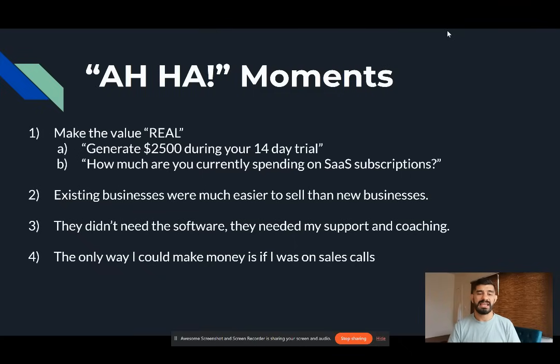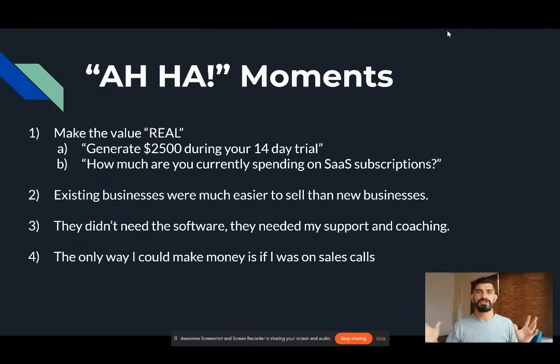The second thing is, for existing businesses, how much money are you currently spending on SaaS subscriptions? Oh, well, I'm paying 30 bucks for MailChimp, 50 bucks for my text messaging platform. I have my Wix site that costs me 50 bucks a month. I have whatever other subscriptions that they have. They add up to more and more things.